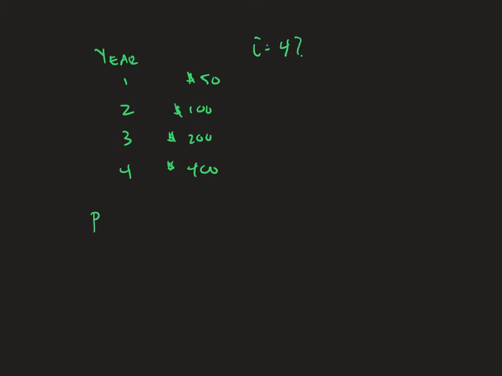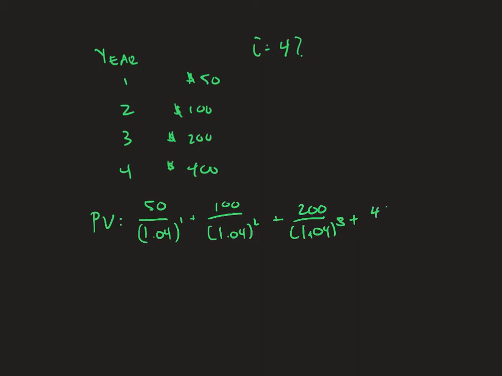So the present value of this payment stream is how much money do I get and when do I get it? I get $50 in year 1. I get $100 in year 2. So I'm just updating how much money I get, $200 in year 3, and then $400 in year 4. And you would just throw that into a calculator, into Excel, and you would solve it, and you would get your answer. Doing some quick calculations,